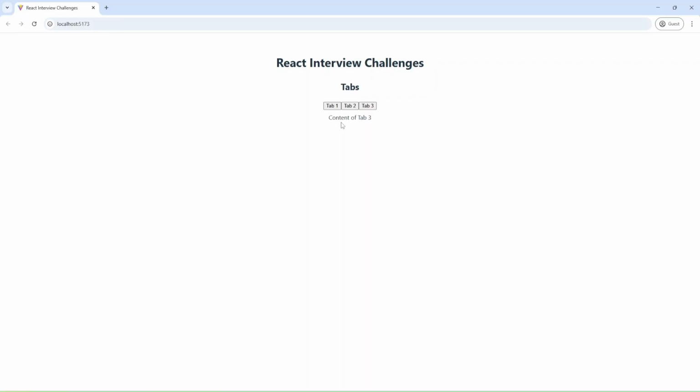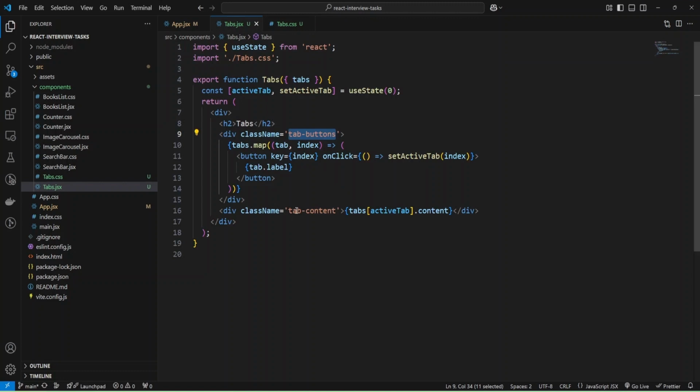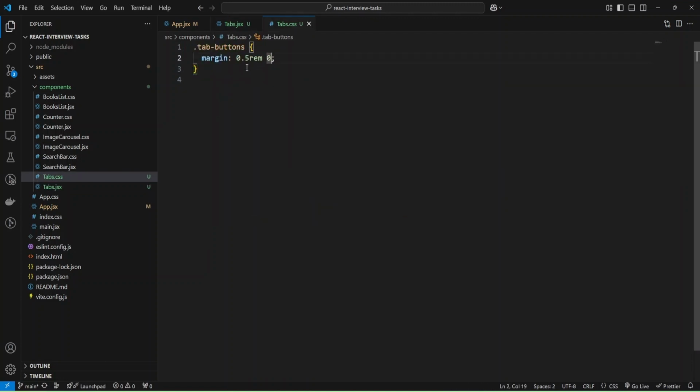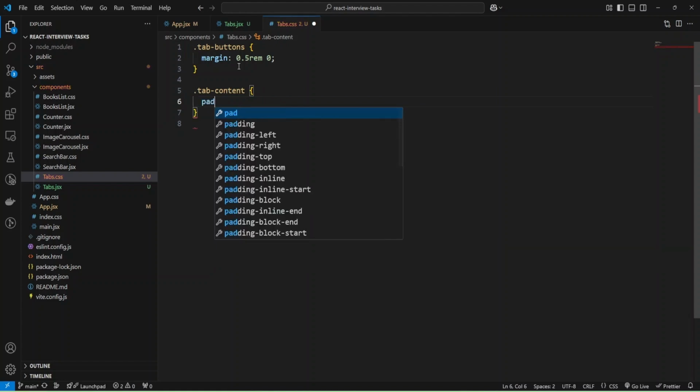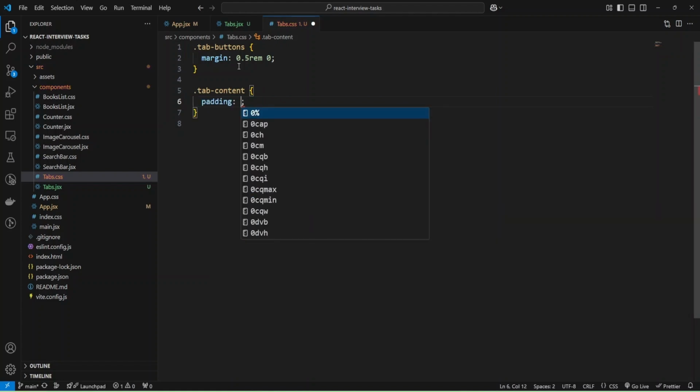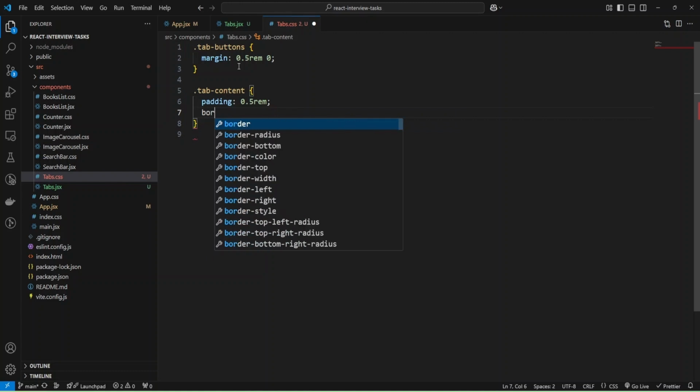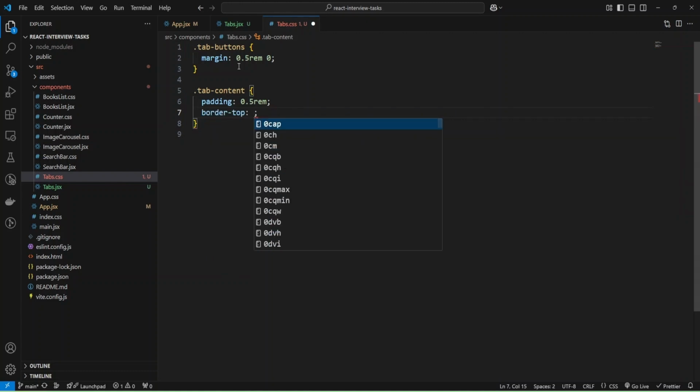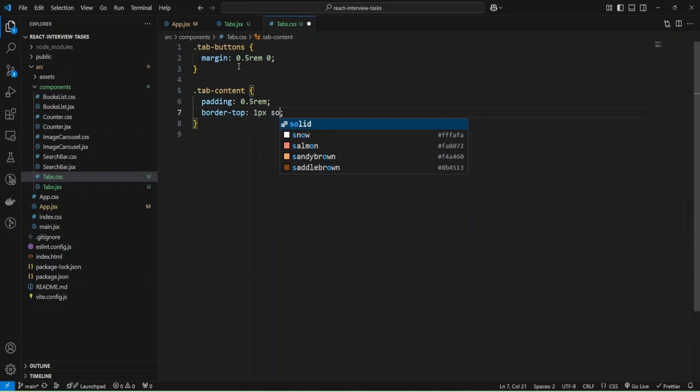Let's check. Okay, and we have some margin here, and let me add styles for tab content, and it's a class, and for tab content let's add some padding, and it will be 0.5 rem for all sides, and also let me add some border up and 1 pixel solid and some gray color.